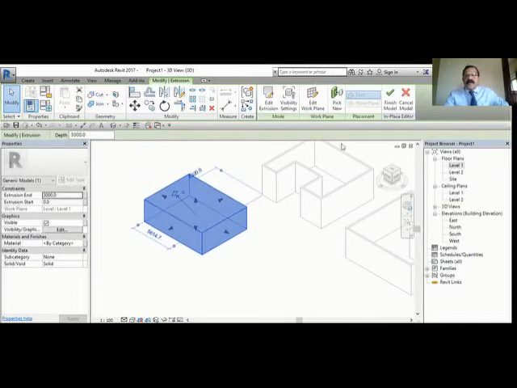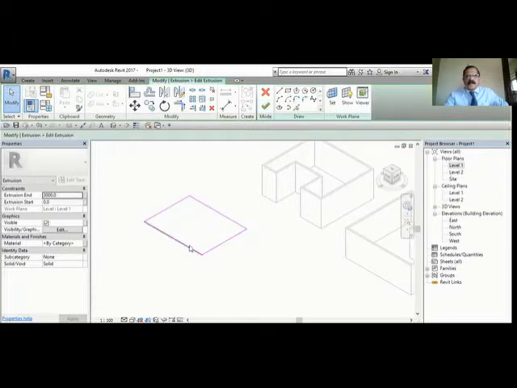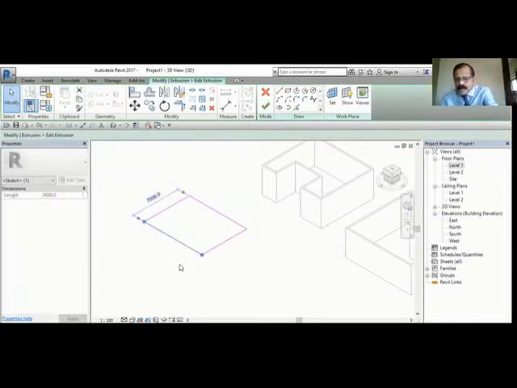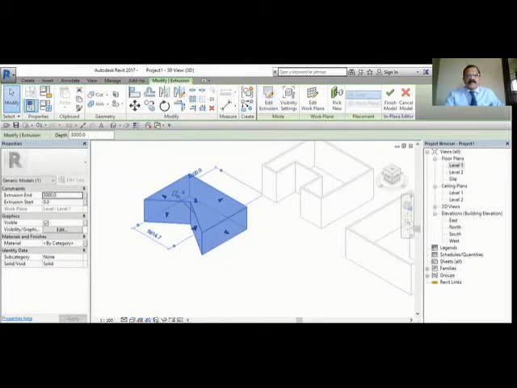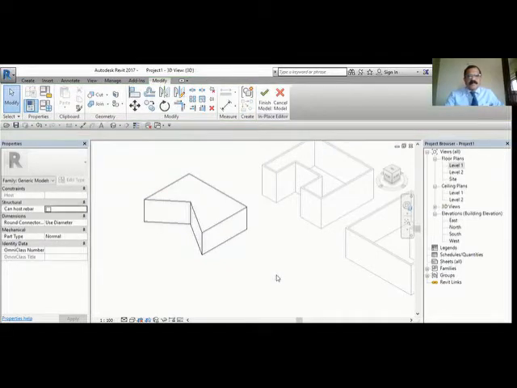Suppose you want to modify it, you go here and edit extrusion. Came back here. Suppose instead of this line, you want something else there. I will delete that line and put another line from here to here to here. Now we can go back. You can see the 3D object is in a different shape. So anytime you can go and edit the extrusion. For extrusion, you require a base object, a cross section, and it extrudes vertically. Okay, so that is extrusion. Very simple, no complication at all.